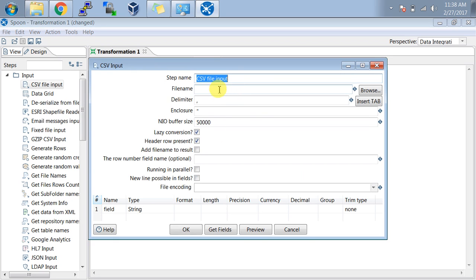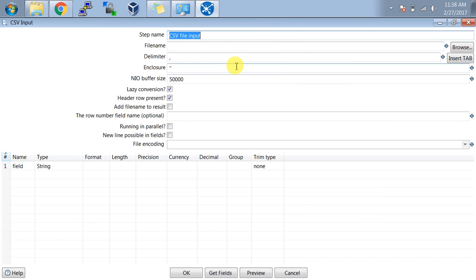There are many details in which you can specify your file. You can give the step any name as per your requirement. Then file name: here you need to specify the file location along with the file name. You can also parameterize this field.